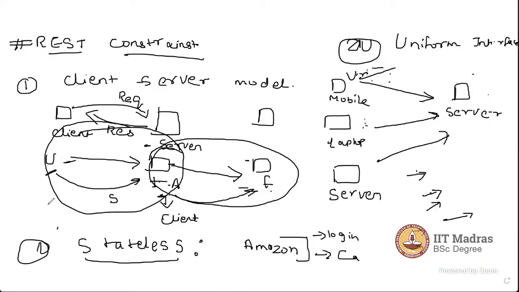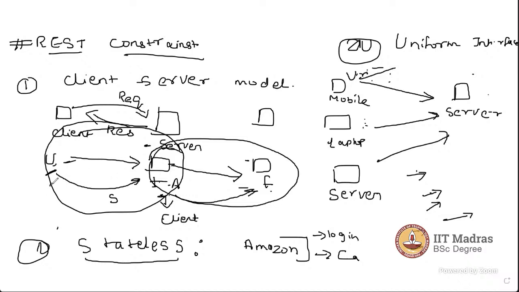So a layered system means that a client can have access. For example, a user is requesting some resource from Tinder, wanting to see something displayed on the Tinder web page, and Tinder is again requesting from the Facebook application.